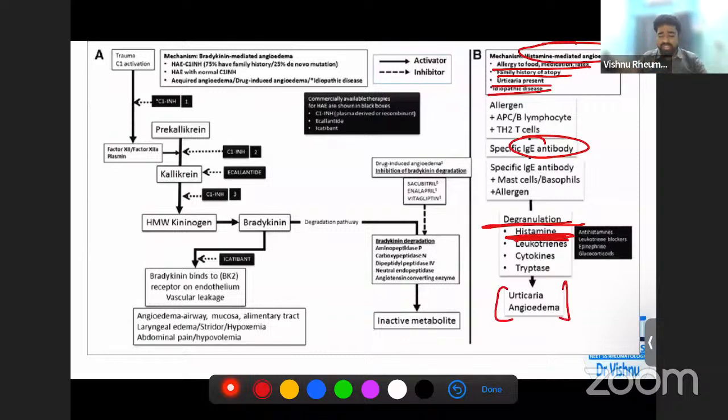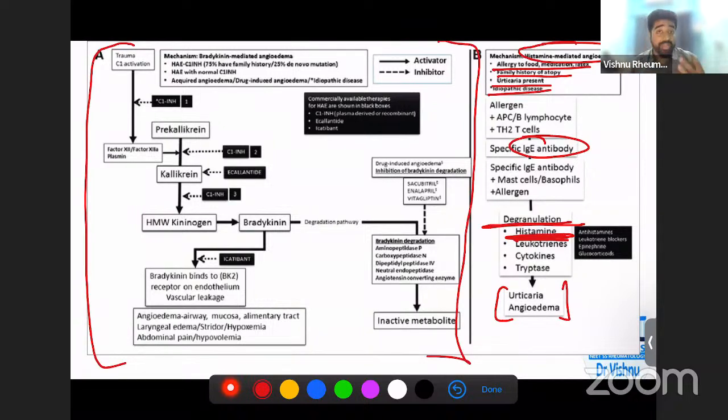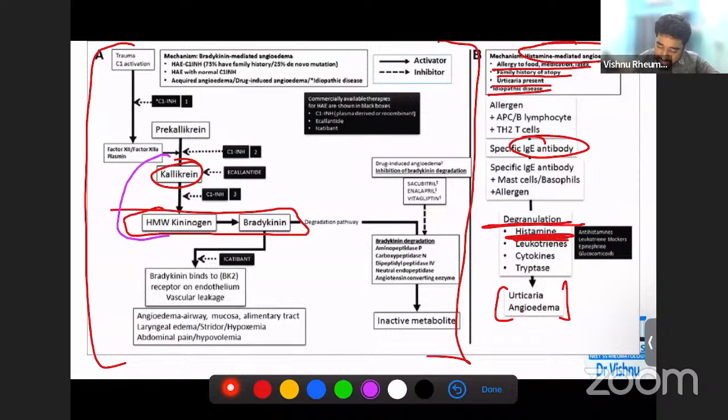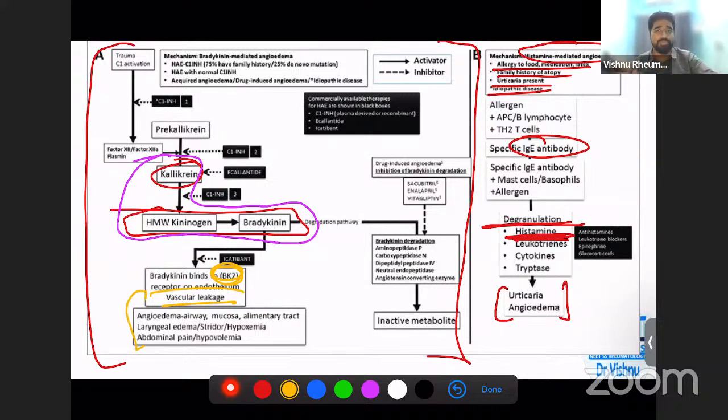Now we come to bradykinin. This is one pathway that I know you would have read, associated with ACE inhibitor cough in pharmacology. The main thing you have to remember is that kallikrein converts high molecular weight kininogen to bradykinin. If you remember this central pathway, then you can remember what is above it and what is below it. So this is your main box that you should remember. Bradykinin will bind to the bradykinin receptor 2 and lead to various changes of angioedema, and